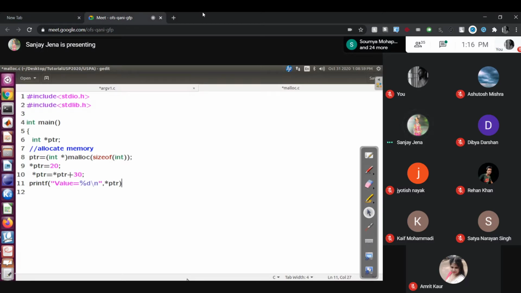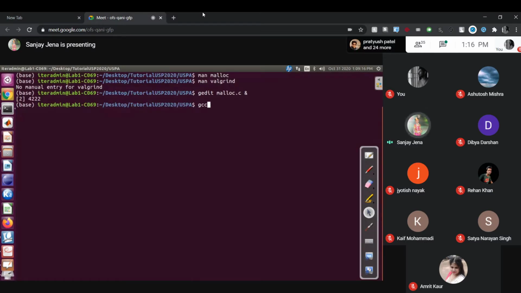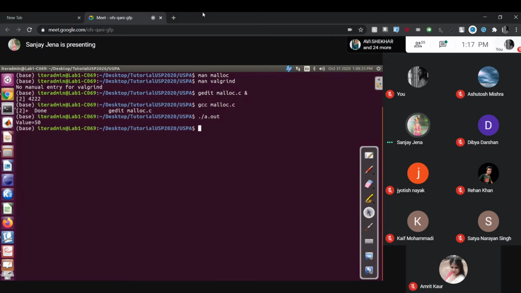This is something simple. return 0. Done it. Now run it. gcc malloc.c. Very good. dot slash a dot out. Value 50.